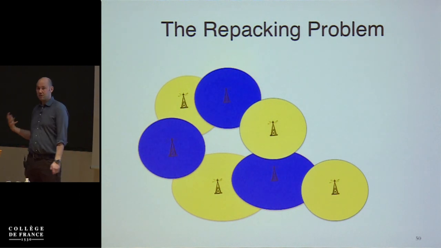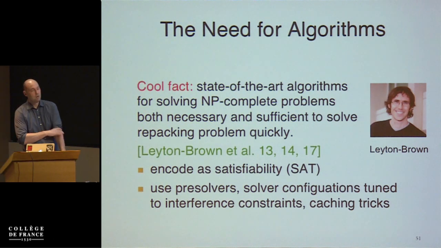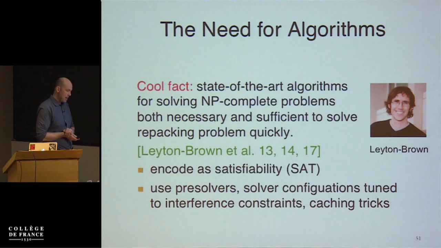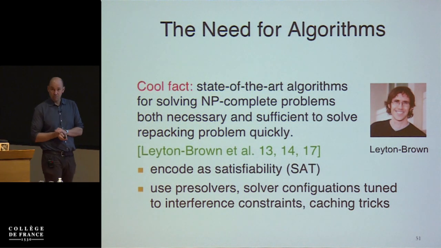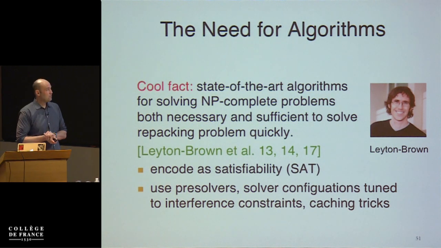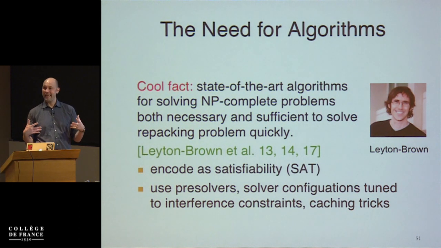Well, so in fact, this auction does solve these sort of map coloring problems. And it wasn't easy. Okay? So it was a major engineering effort led by Kevin Leighton-Brown, who's a computer scientist at the University of British Columbia. And what turned out to be really cool is that state-of-the-art techniques from computer science were both necessary and sufficient to solve these map coloring problems sufficiently quickly for the auction format to be